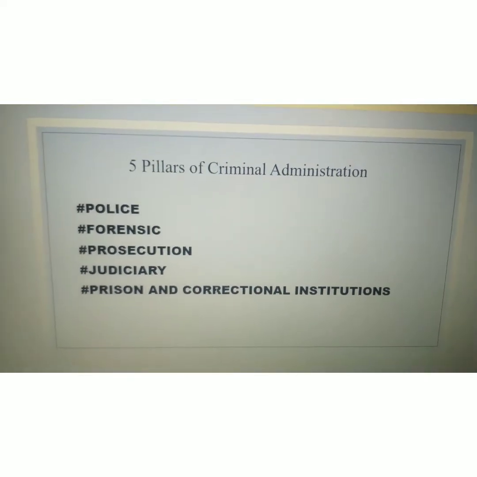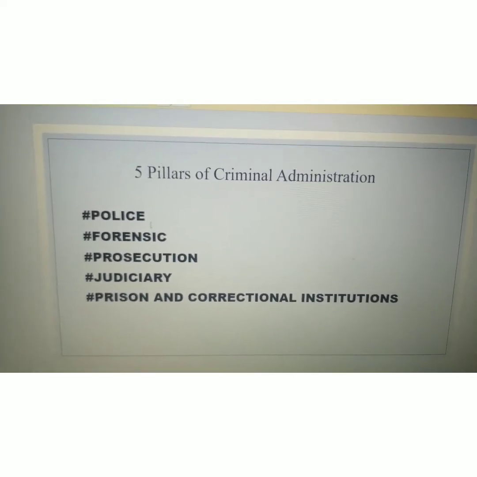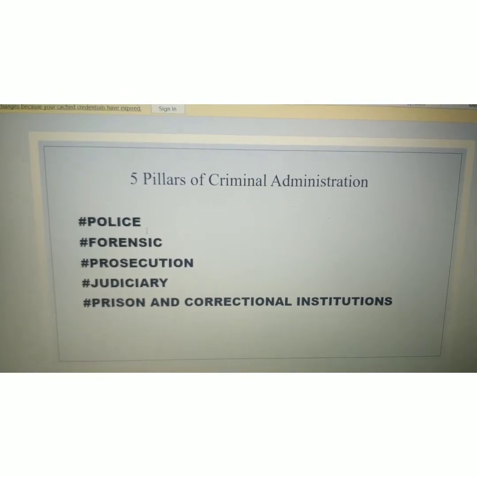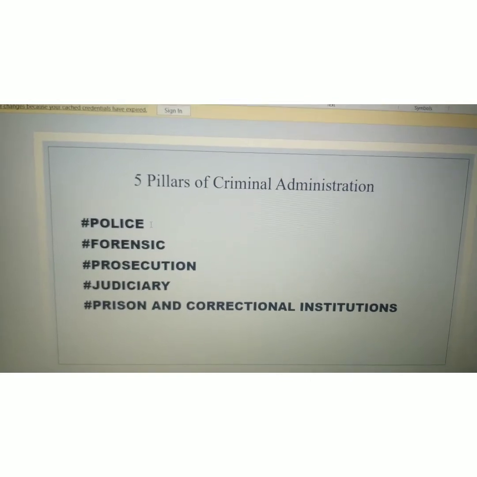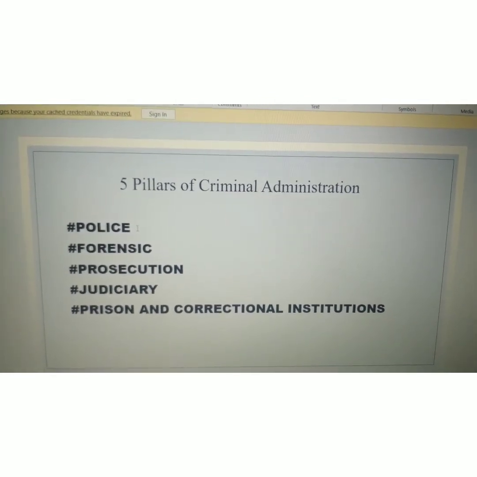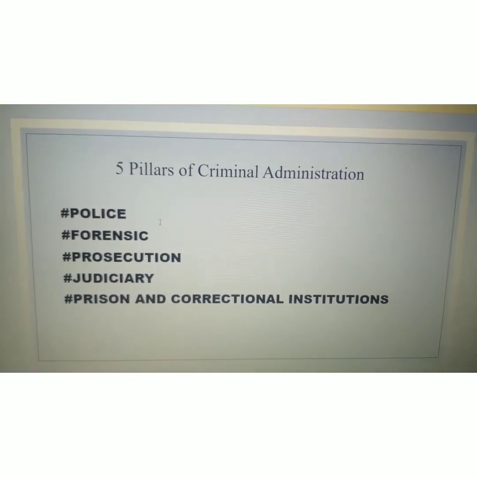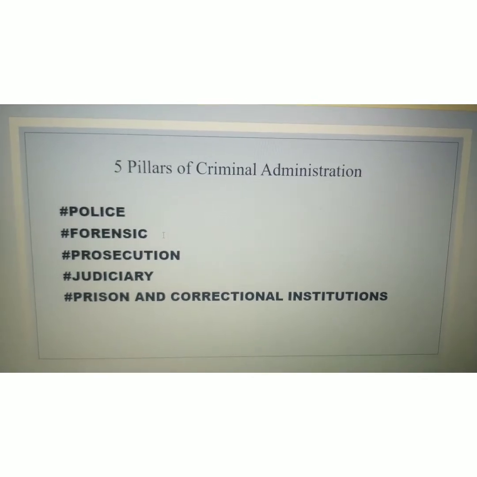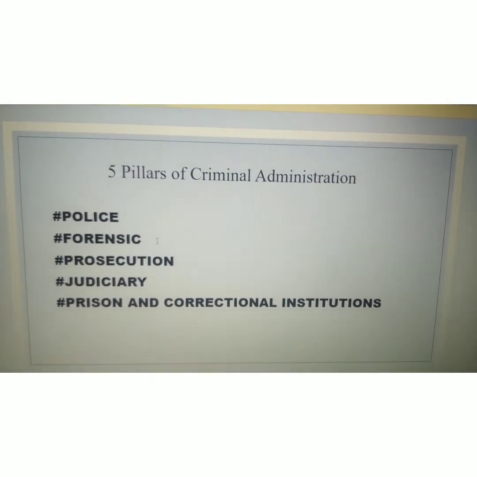In this ocean of criminal law, we will be understanding the agency of the police, who play a dual role in maintaining criminal justice and peace and tranquility in our society at large, and how the forensic department is very much integral and related to the criminal administration system,